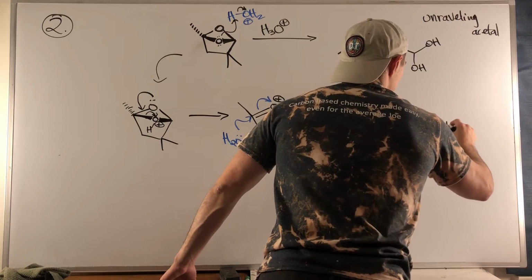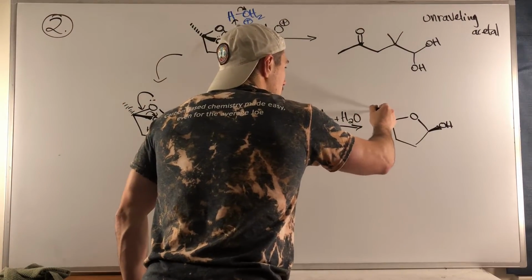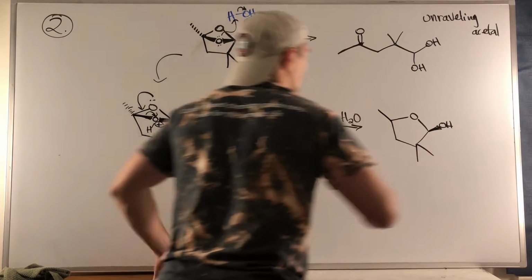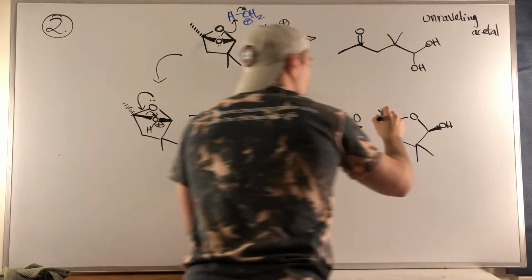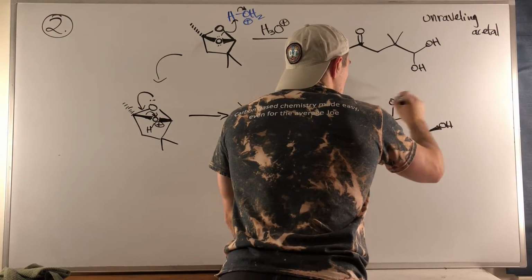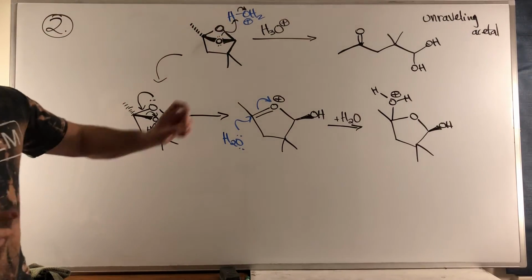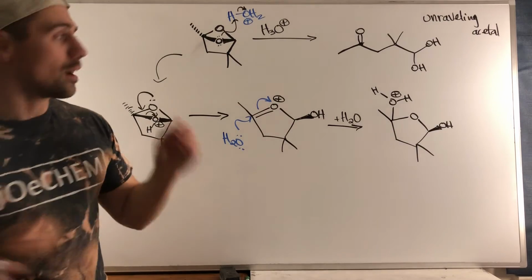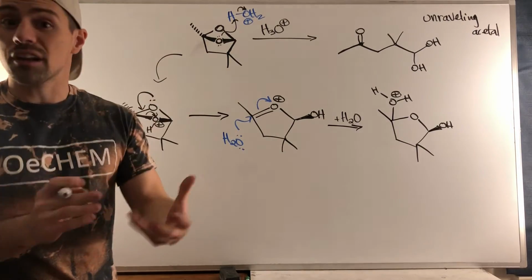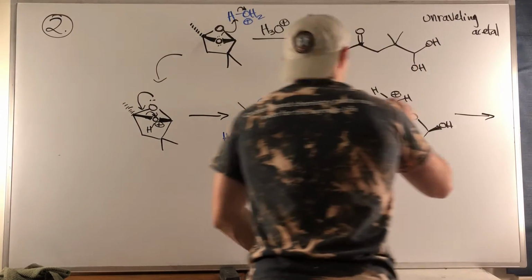Okay, so now we have a wedged OH, just a single bond there. Still have this right here. We're going to leave that because we're not going to be seeing any stereochemistry there. And then we will see we have the newly introduced oxygen from water, and it has a plus charge. Now remember, we want this to stay and we want this to leave. So this is time for the proton shuffle, right? We want to protonate who we want to get rid of, and we want to deprotonate who we want to keep. So in this step,